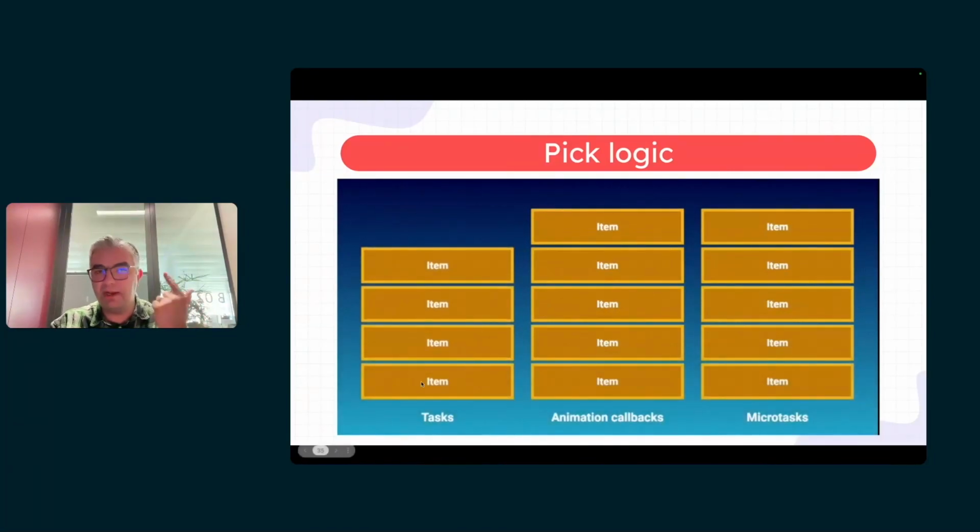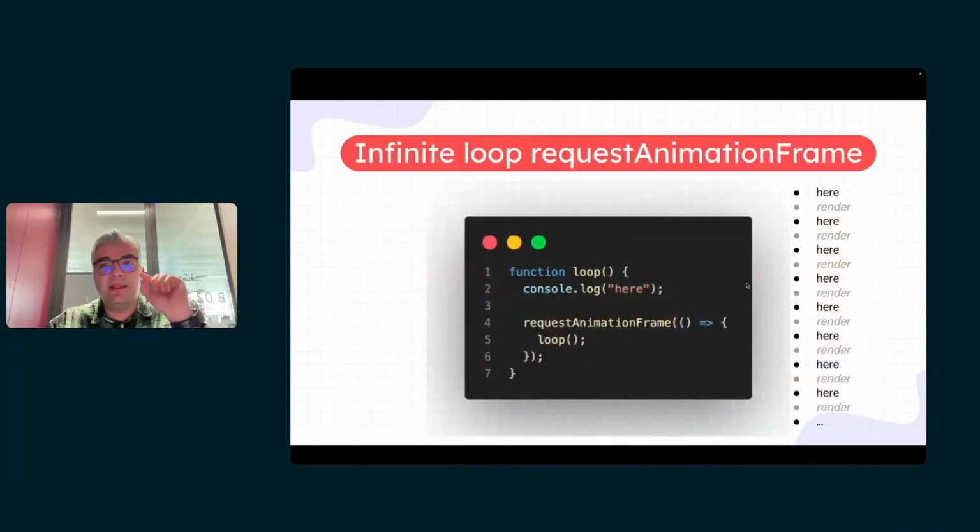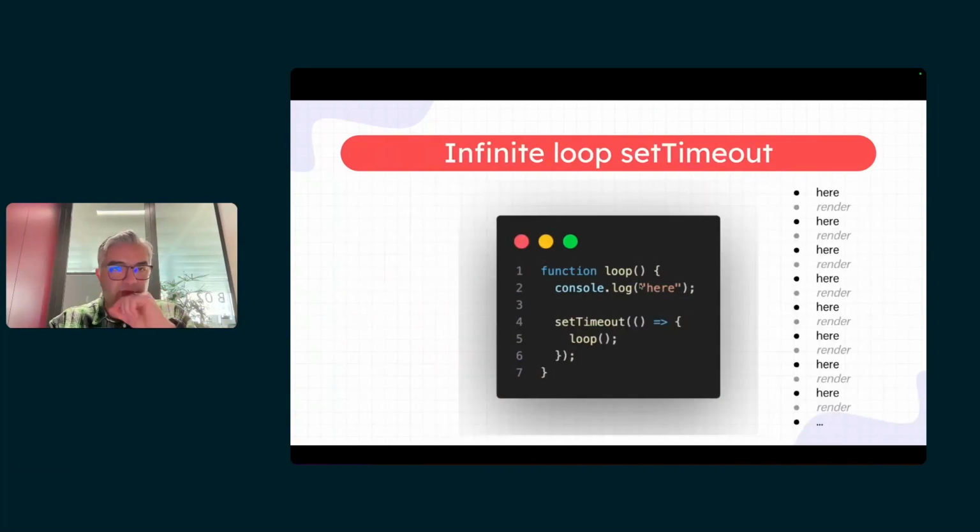Task, one by one. In the infinite loop with the task queue, the set timeout, I told you that it's going to render after each. Why? Because the event loop is picking one by one. It picks one, runs it, renders, picks another one, right?